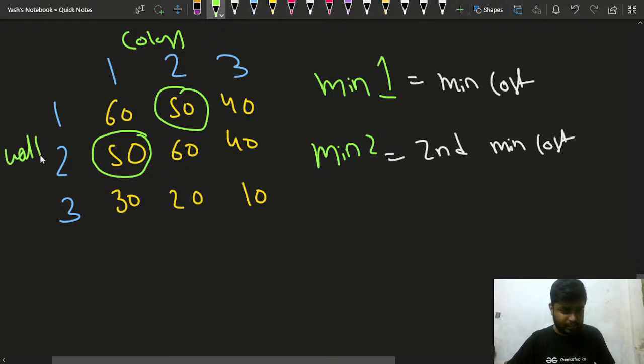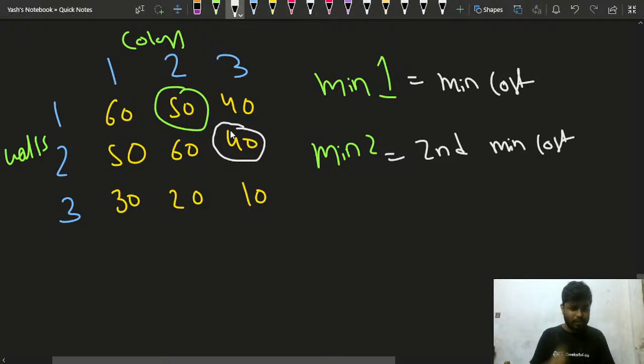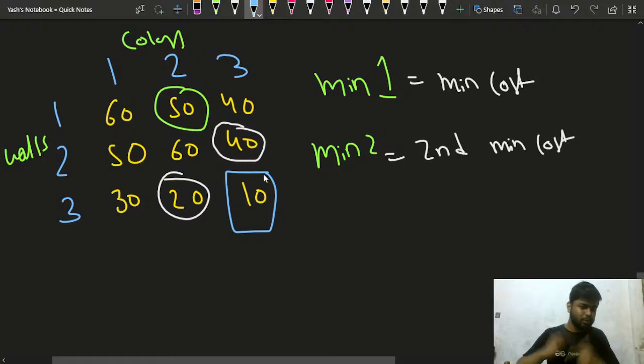So why will greedy fail? Suppose you will not choose this 50, basically you will choose this color. If you're trying to be greedy, you can write agree in the chat, Ritik, you will choose this 40, right? If you choose this 40, then what is the minimum? Can I say that you will choose this 20? But instead it might have been the case that you miss this. You could have chosen 10 as well. So you might have been a little bit smarter in your choices.